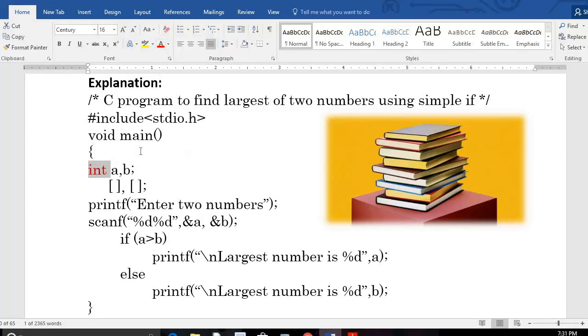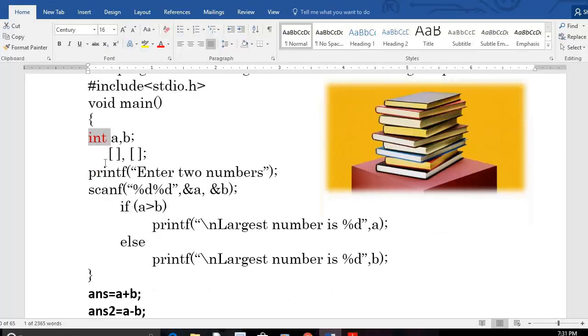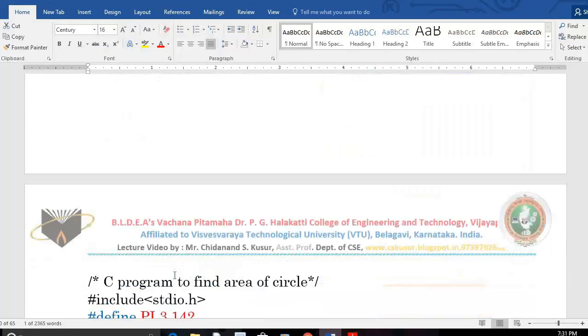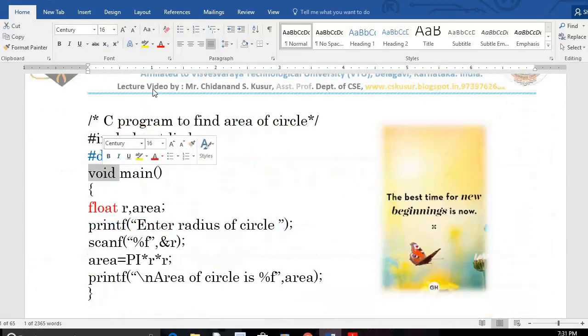This has a fixed meaning for the computer system. You write in small letters only, and its meaning is integer value. This is a keyword. It is an important word used by developers of C compilers. That's why this is a keyword. Int is a keyword. It has special meaning for the C compiler. If is a keyword, it will check the condition. Else is a keyword. If the condition is false, then this part works. Next, void is a keyword. Void means no return value. That is also a data type.